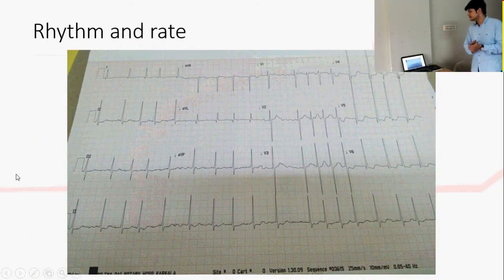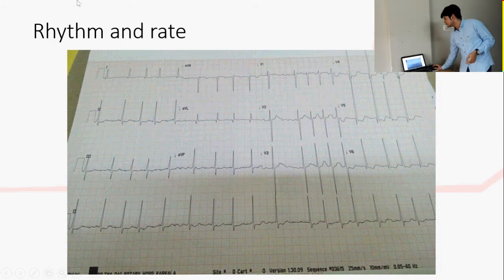Now the next ECG, if we see, the question is the same again: what is the rhythm and what is the rate. Okay, now if you see the RR interval here, it's changing, so your rhythm is not regular. So when you get an irregular rhythm, you can't apply the formula of 300 divided by large squares or 1500 divided by small squares. That maths won't be applied here. So what we have learned is, whenever the rhythm is irregular, we are going to use the rhythm strip.